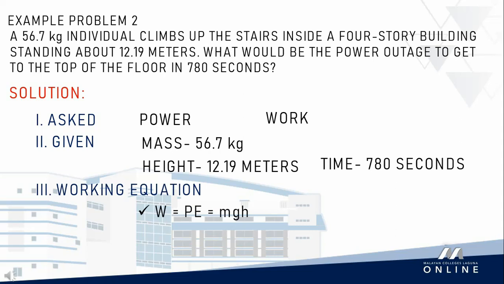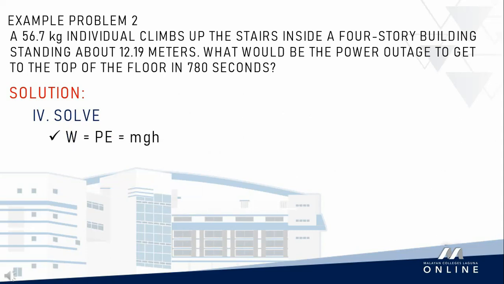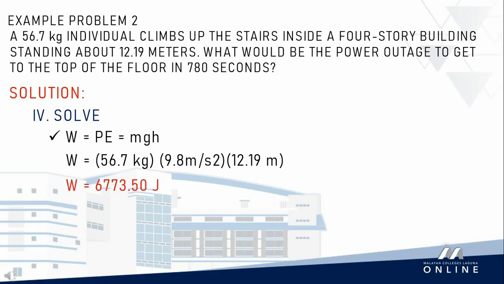From this, we can use the formula in getting the gravitational potential energy to get work, which is W is equal to mgh. And in getting power, it is work over time. Then, we will substitute the given values to compute for the value of work first. 56.7 kilogram times 9.8 meter per second square times 12.9 meters, which, following the operation indicated, our energy or work is